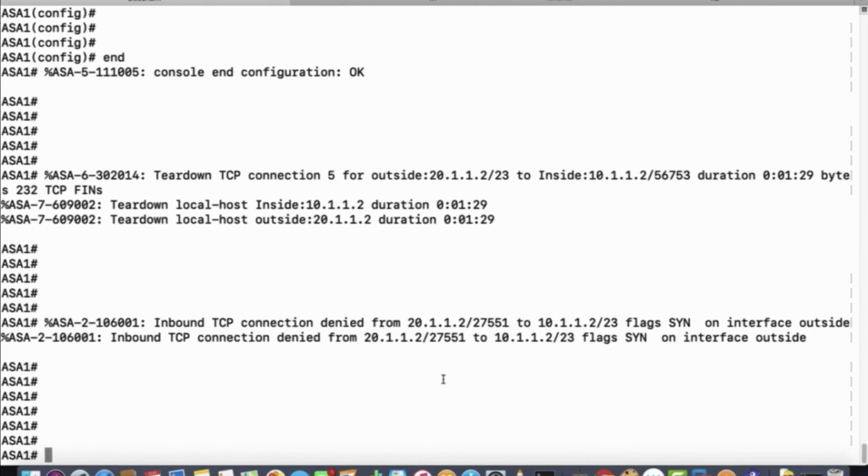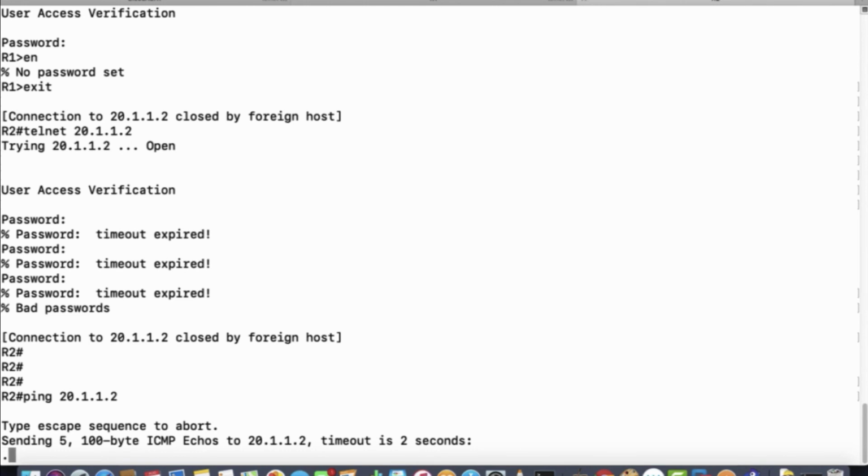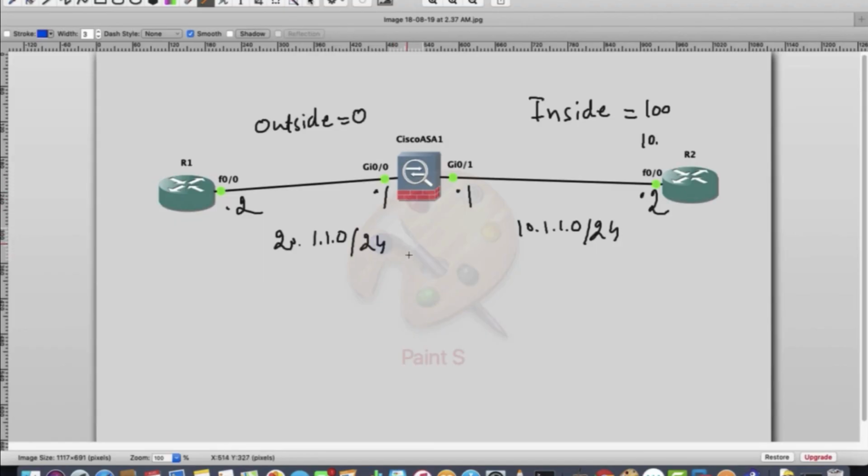So this is it. But when you try to ping the IP 20.1.1.2, it will not work. The reason is that ICMP works in a different way. Why didn't ICMP work but Telnet works? 10.1.1.2, 20.1.1.2.